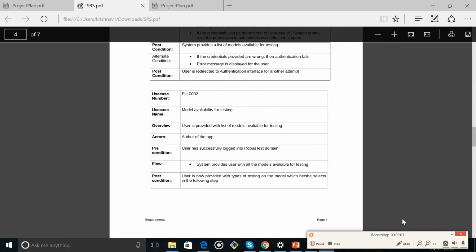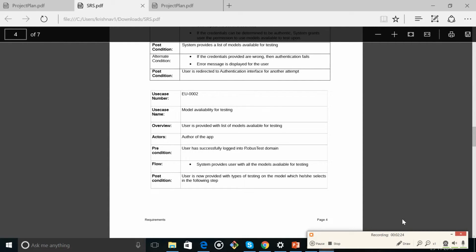Second use case: module availability for testing. Overview: the main aim of this use case is to provide the user with a list of modules available for testing. For this to happen, the user should be successfully logged into the Robust Test domain.